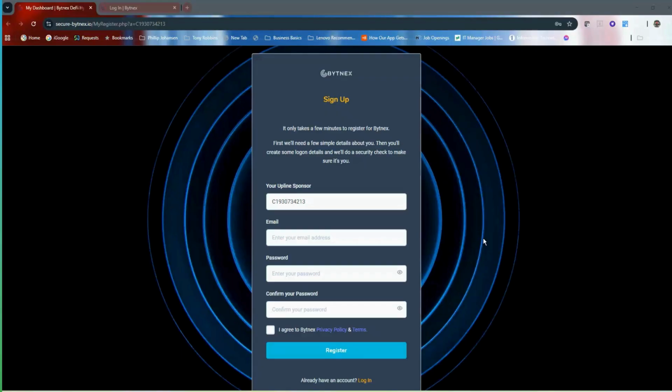What they need you to do here is to enter your email address. Make sure that your email address is correct. Double check and triple check your email address. Make sure that it is 100% correct, because if there's a mistake in your email address, that is going to affect all the other processes that you're going to follow. So double check your email addresses. Make sure that it is correct.